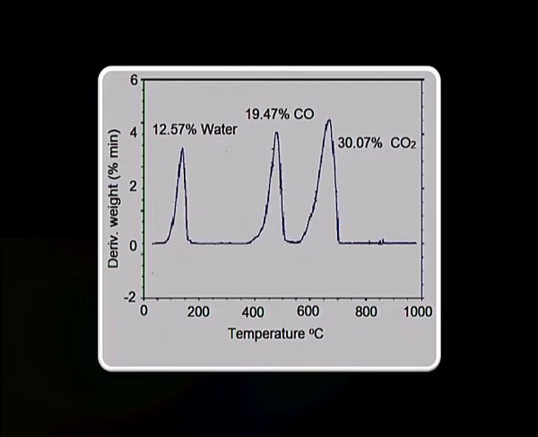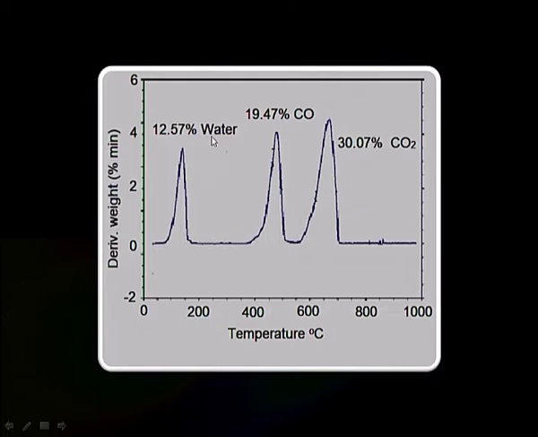Just see here, this is a normal thermogram which we get for DTA curve. On x axis you can see it is temperature starting from 0 to 1000 degree, and on y axis it is the value of delta T in percentage per minute. You can see here, in contrast to TGA where we were getting steps, we get peaks, and here you can see the first peak is around 180 degrees Celsius, which indicates about